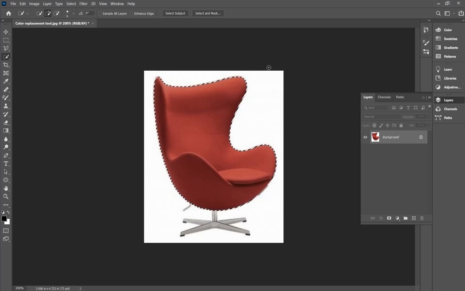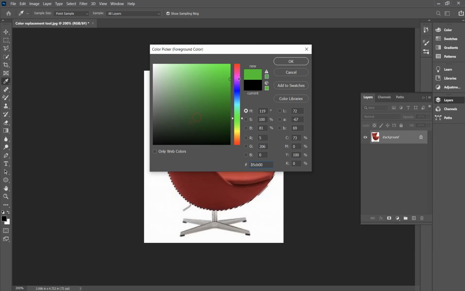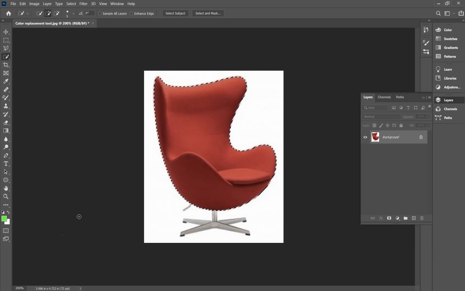So just so you guys know, sometimes it'd be helpful to select the object that you're wanting to replace the color in. So I'm going to go ahead and do that just to show you guys. Let's say I want to make, since I'm already on green, let's say I want to make my chair lime green. So again, I want to make sure that I go back and select my color replacement tool here in